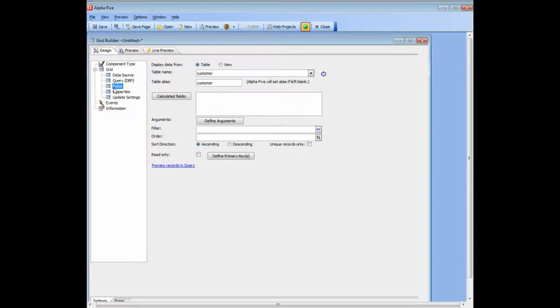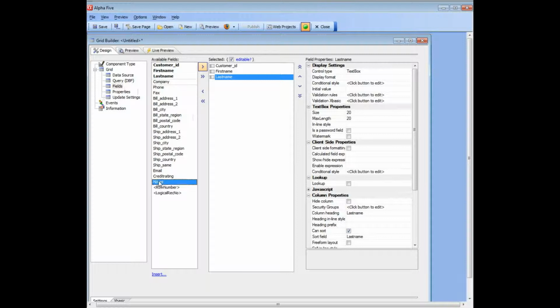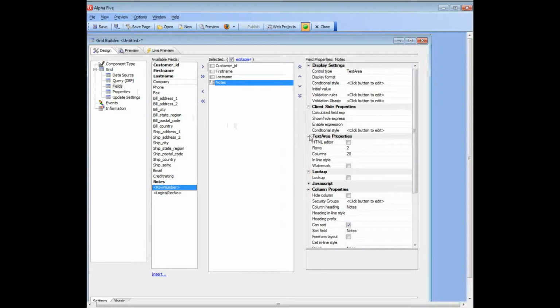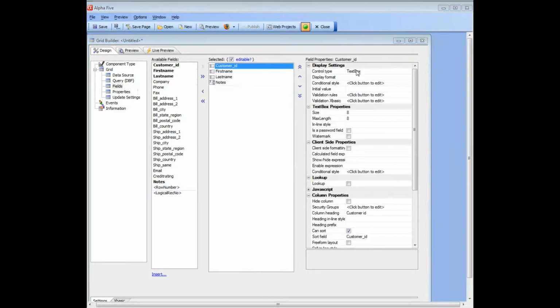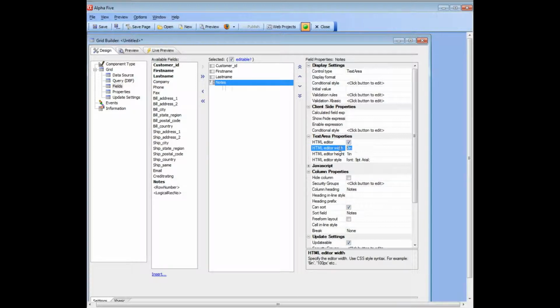So we'll choose the customer table and I'll choose a few fields there, and then I'll go ahead here and choose this notes field. And now let's go and configure the notes field to be an HTML editor. So we'll choose HTML editor and we'll choose a width of 4 inches and a height of 3 inches, and then we'll specify that the default font